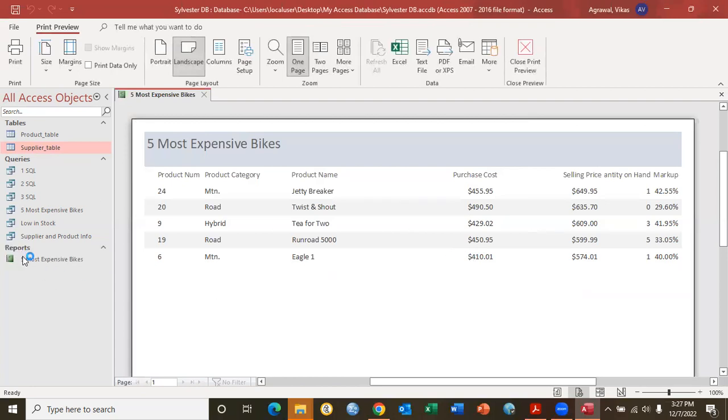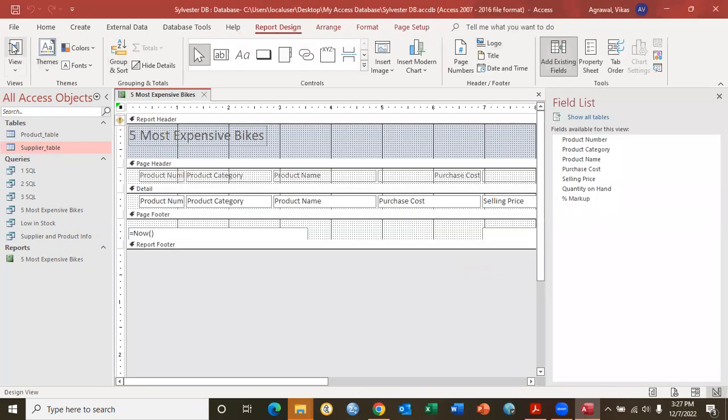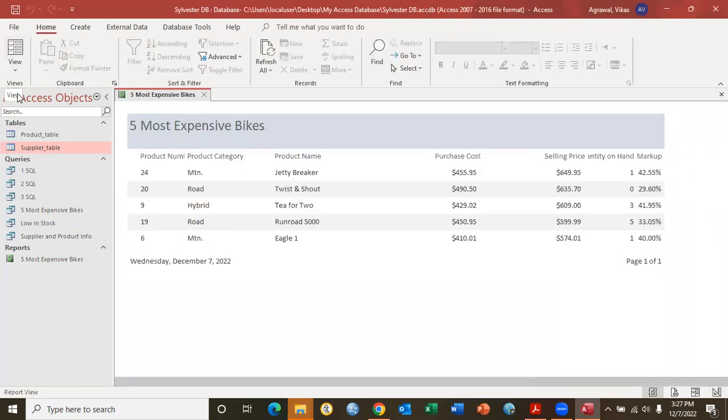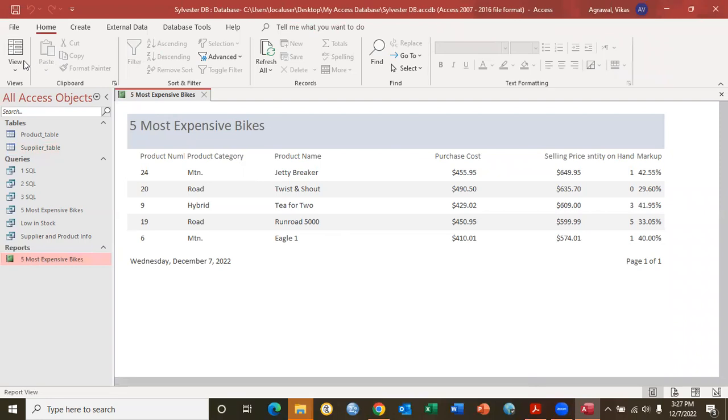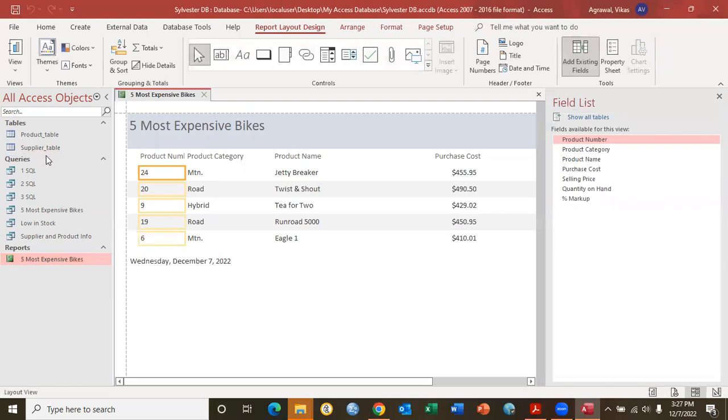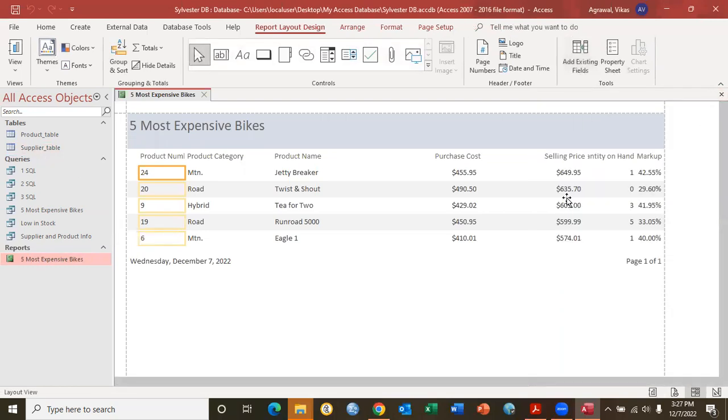Okay, so it will create a report tab as well, and this is our first report here. Again, this may not be looking as pretty, but we can always modify this one. First things first, pay attention here. We have to close this print preview. Close this print preview, and you can go back to print preview here. Like this is not the print preview, but this is the report here. So the best thing to do is just close everything, double click on this one. This will be in the view mode here. We want to drop this down and go to the layout view, and here we can add some